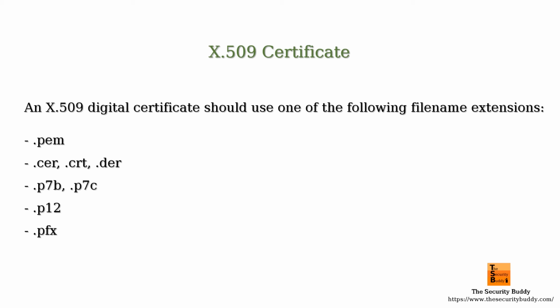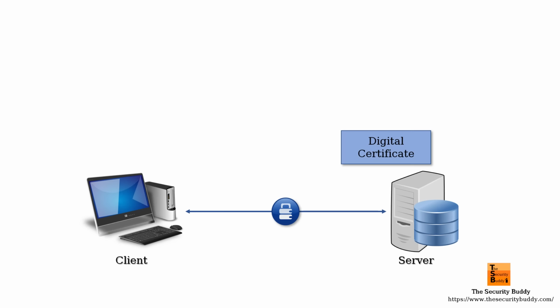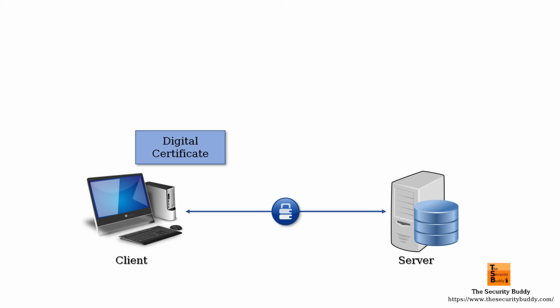A certificate authority issues a digital certificate and the digital certificate contains the digital signature of the certificate authority. At the start of an encrypted connection like TLS, the server sends its digital certificate to the client. The client verifies the digital certificate with the issuing certificate authority. On successful verification, the client goes ahead and establishes the connection.